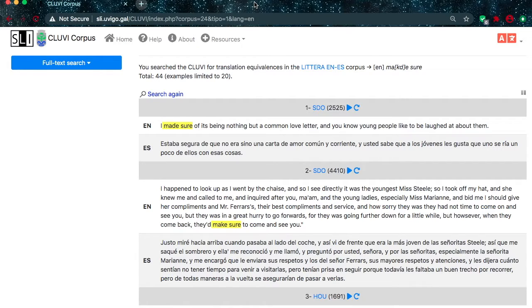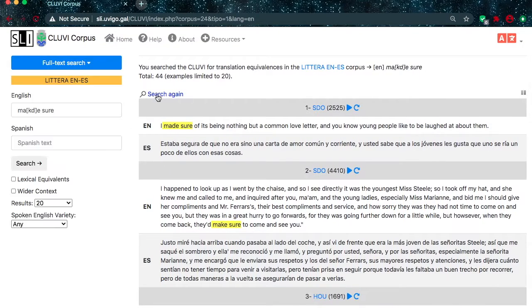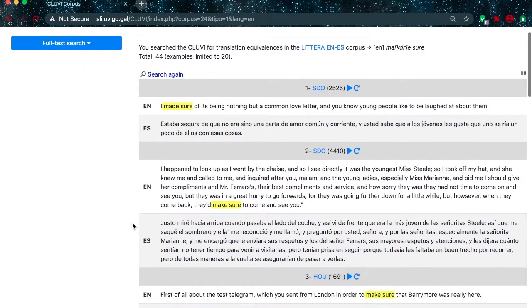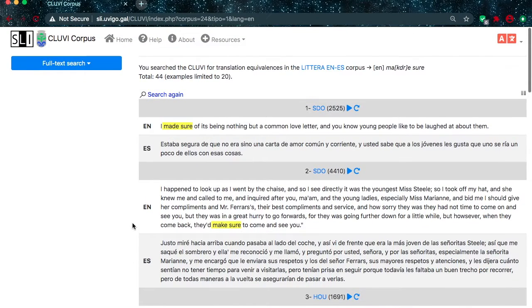The brackets search for 0 or 1 instance of each character within them. We could add an R to the brackets, but that would not change the results as there are no instances of mere sure in the corpus. So the program ignores that and returns all instances of make sure and made sure. This is a useful regular expression for irregular verbs in the past tense, such as make.